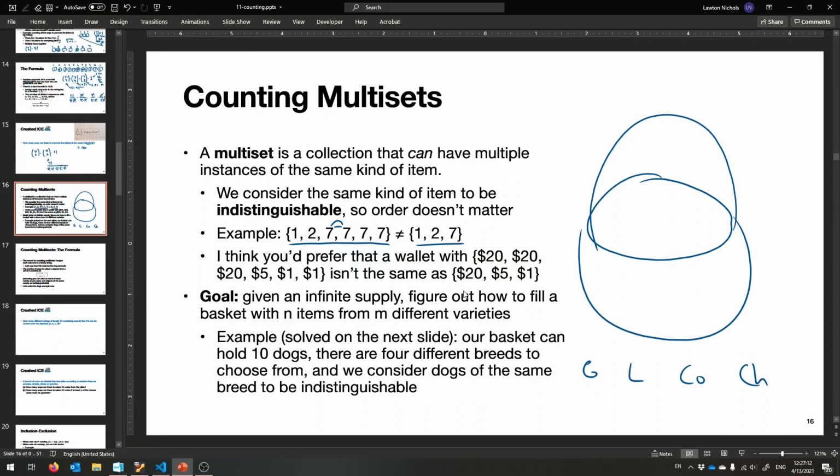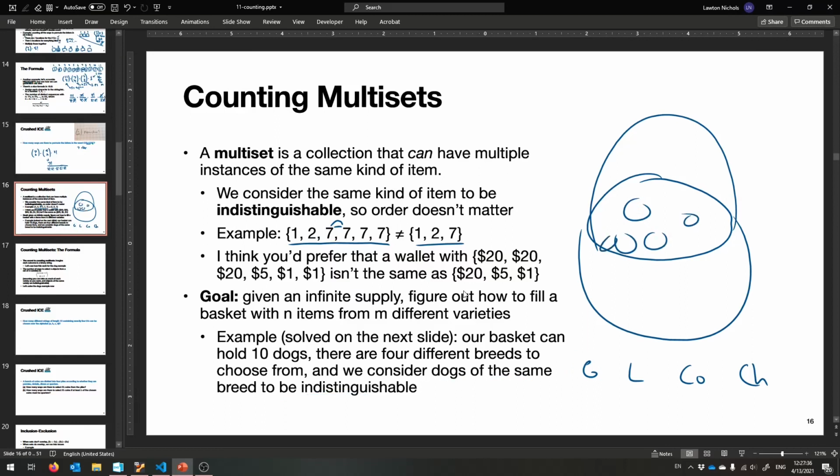That's the idea. So you can put as many of each in this basket, but you can only hold 10 dogs. So the question is, how many different ways could we do this? We also consider dogs of the same breed to be indistinguishable. So it doesn't matter which 4 golden retrievers you pick and put in your basket,